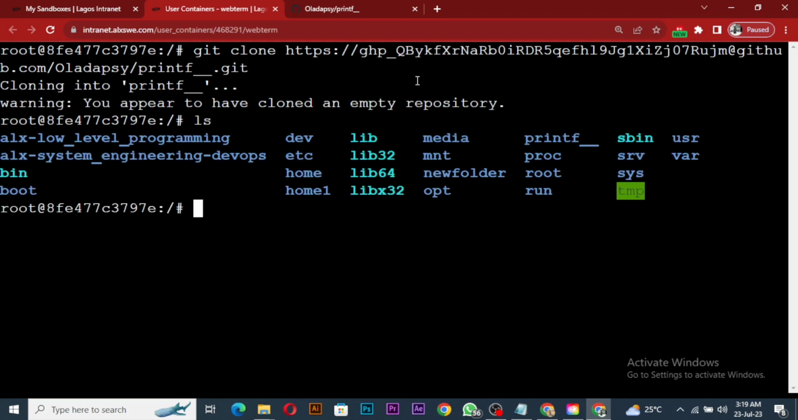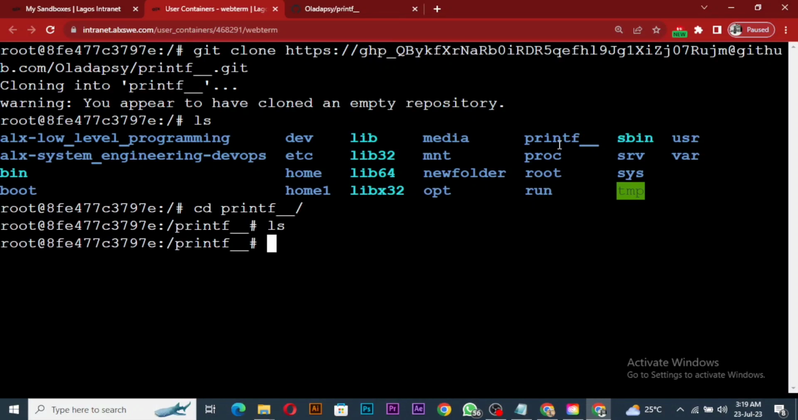So if I do ls, where is it? Printf. So this is it here. So that's all. So I can then cd into printf, right? If I do ls, there's nothing there. So if I do vi readme.md,